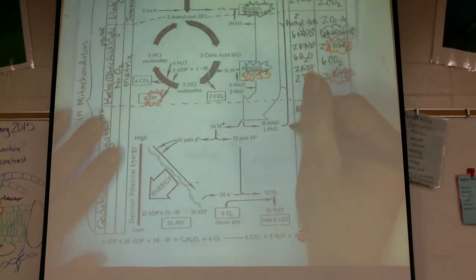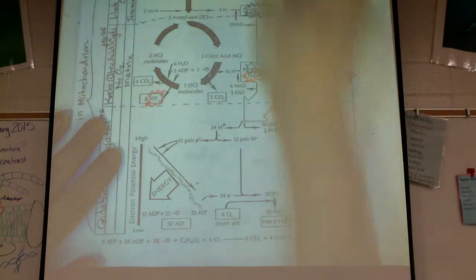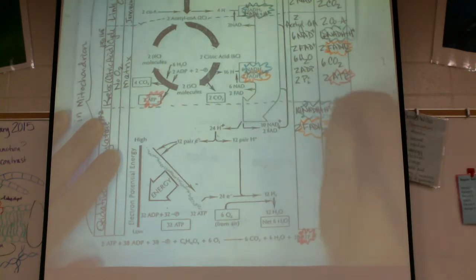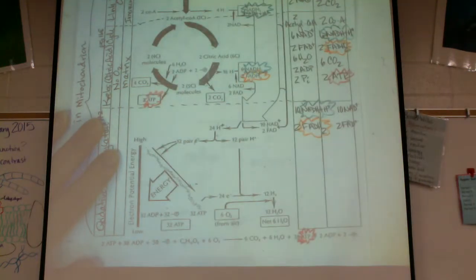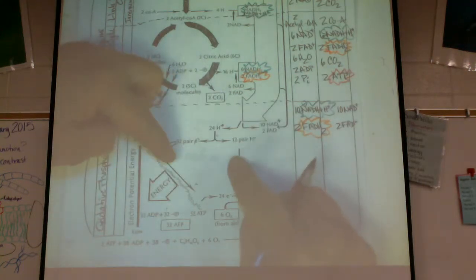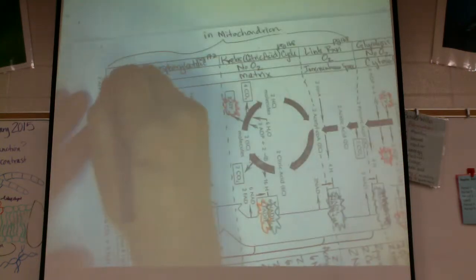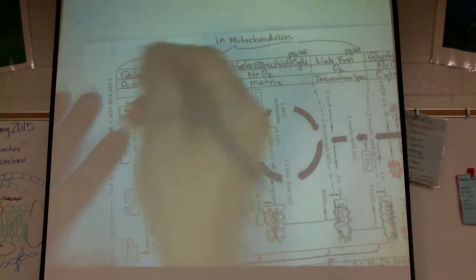What that means then is it's a nice cycling process so we can run these again. Notice these arrows going back right here. We're going to get these NADs and FADs, the 10 NADs and the 2 FADs, that are going to go back up here and be reutilized, okay? So what's been dropped off to this process, to this oxidative phosphorylation, where O2 is the final electron acceptor molecule,